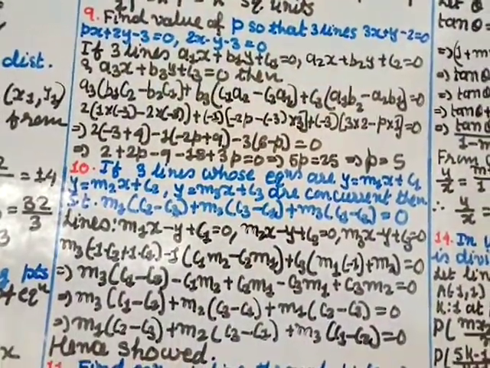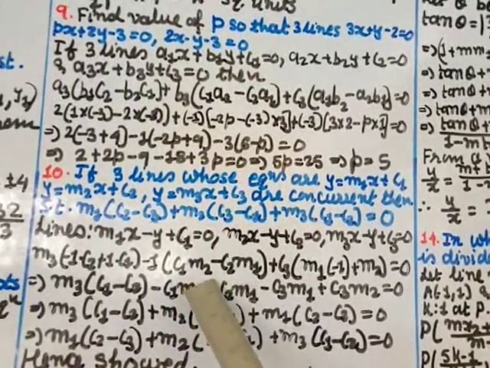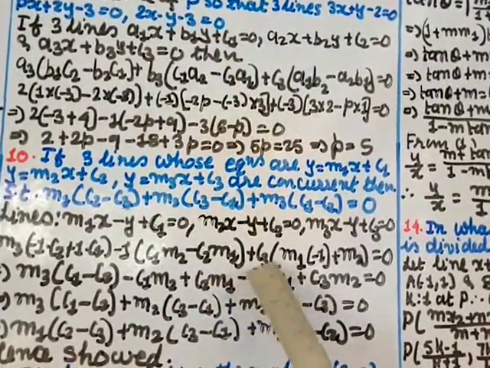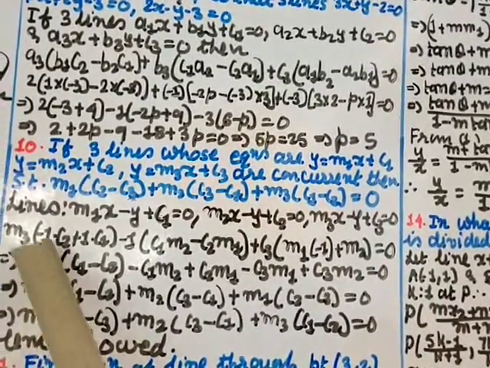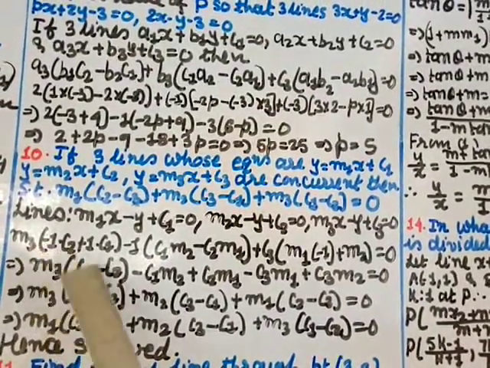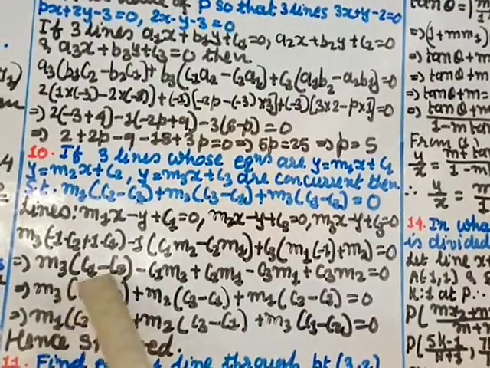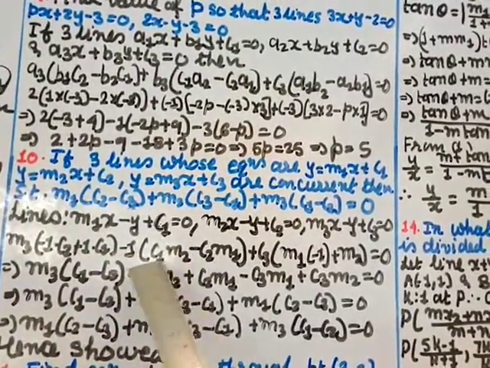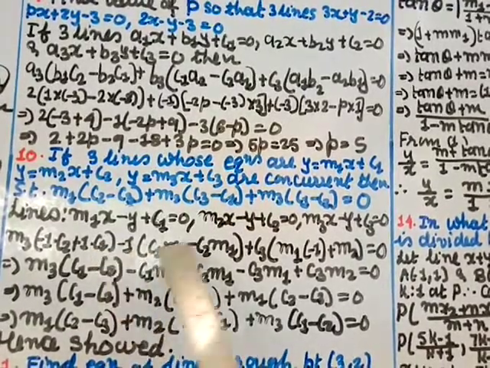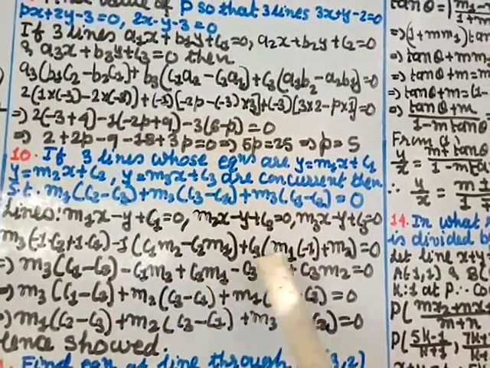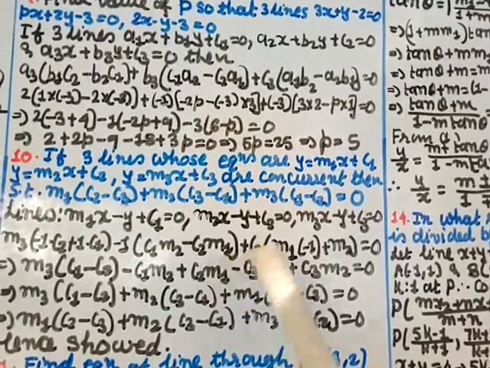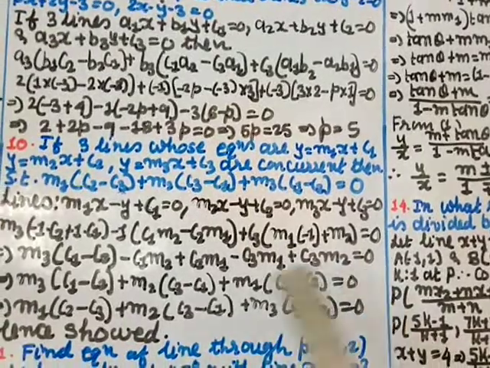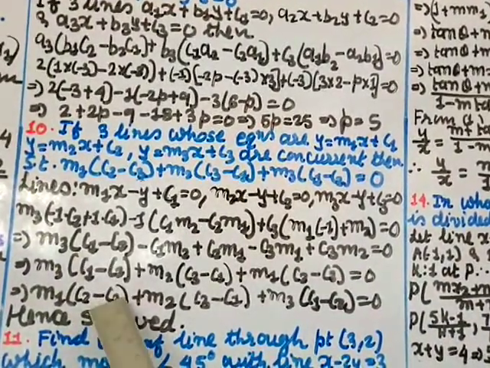Just keep in mind this formula. I'm using that formula and placing the values. Minus 1, c1, m2 minus c2, m1 plus c3, m1 minus 1 plus m2 equal to 0. m3 minus c2 which I write here, and plus c1 I write here, minus, open the bracket, so c1 m2 plus into minus plus c2 m1. Here also open the bracket, so minus m1 into c3 minus c3 m1, and this is c3 into m2 equal to 0. So m3 c1 minus c2 as it is.